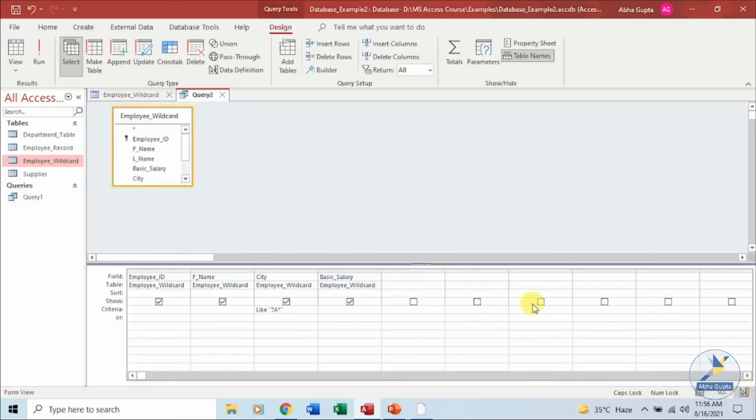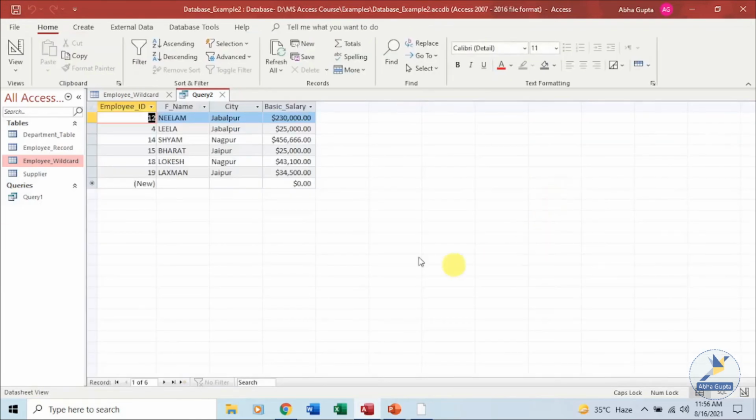Say I'm using only city, so that it is easy to understand. You can have the same thing for first name also, last name also, or if any other field is there, that can be done. If I say asterisk, and the last 3 characters should be this. Let's run it. You can see all these places where the city is ending with PUR, those records have been shown over here that we can do.